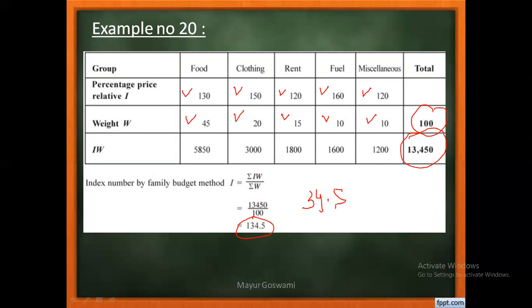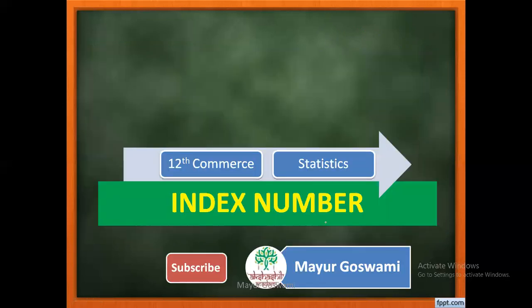So how much percentage increase as compared to the previous year? 34.5, right? And your income is increased by 16.67%. Now you tell me whether it is sufficient. No, right? To come to the same level of cost of living index number, how much percentage should be increased in your income? The difference of this should be increased. This is the answer. Is it clear? So this is your illustration number 20.